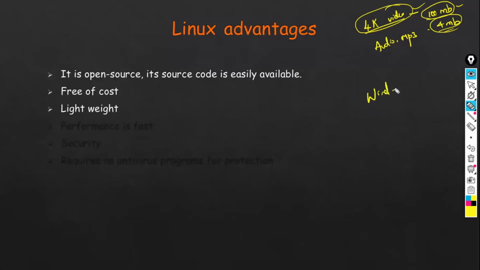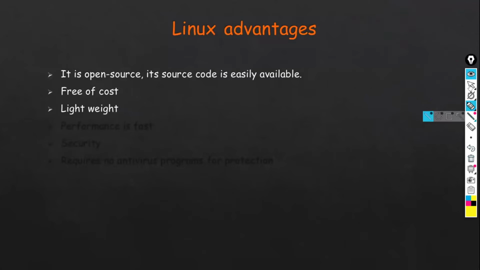Similarly, in the Windows operating system, you get a GUI, graphical user interface. So it occupies more storage, around 30 GB, to install Windows OS. But if you want to install the Linux operating system on your computer, it occupies around 8 GB only. Whereas this one is 30 GB, this is 8 GB. That's why we call it a lightweight operating system. If it is lightweight, performance is also fast. Because of less weight, it will not take more time for loading.